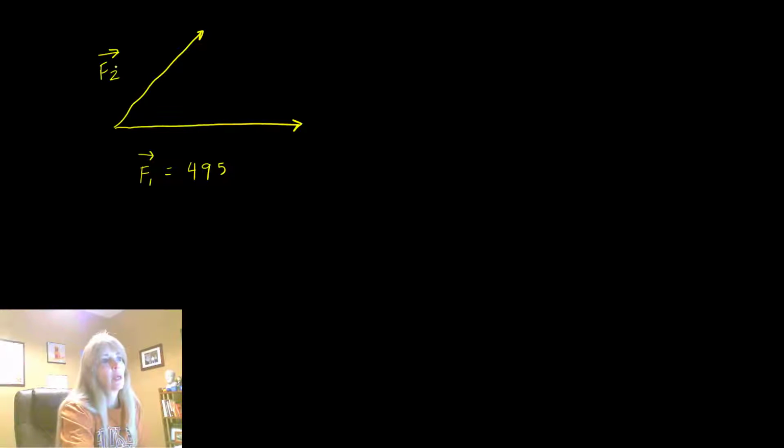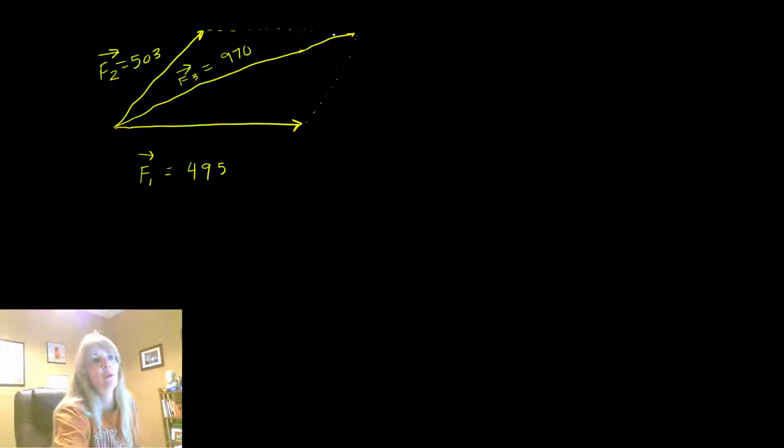We'll label this one the force 1 vector, which is the 495, and then we'll label this one the force 2 at 503 newtons. And then finally our resultant would be force 3 at